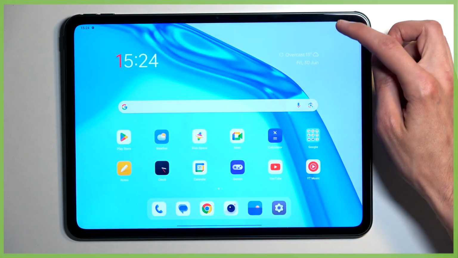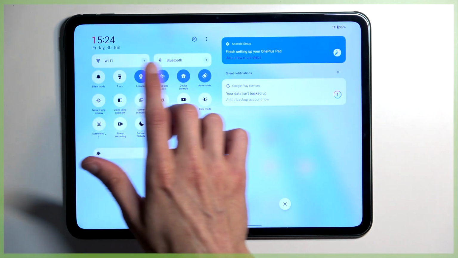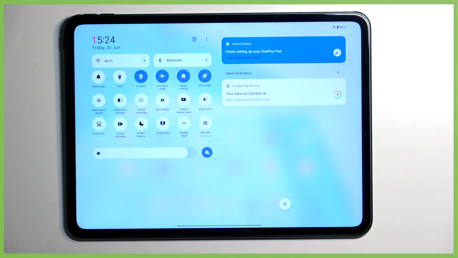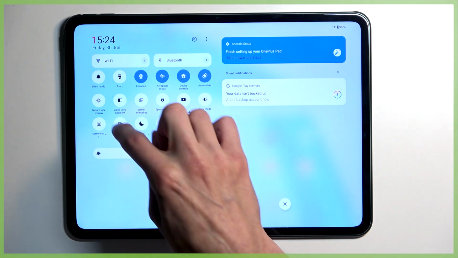So to get started, pull down your toggles by swiping down from the top of your screen, and as you can see we have a bunch of toggles right here. One of those should be a screen recorder, and for me it's right over here. There we go. So once you see this toggle, you can simply tap on it,